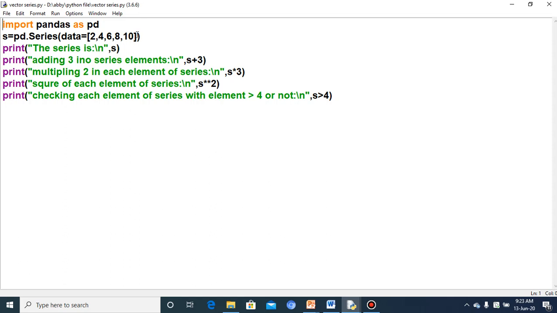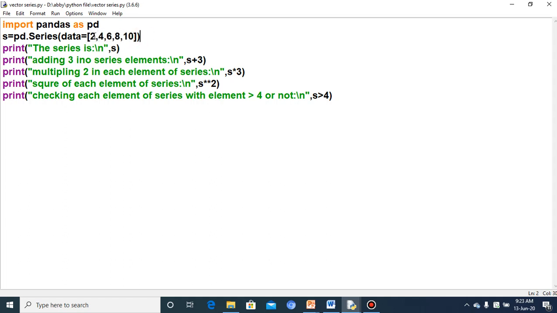Then what will be the value of the index? Several times I have told in the last videos: the value of the index by default will start from 0, 1, 2 and so on. So the left column will be 0, 1, 2, 3, 4 as the index, and the right column will have this data: 2, 4, 6, 8, 10.